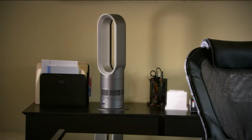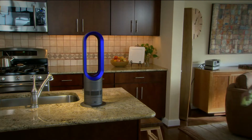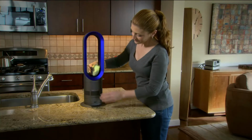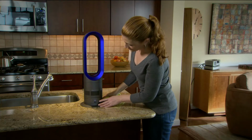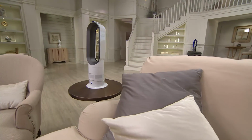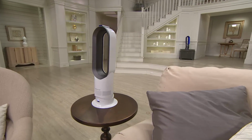And she has one of these in her log cabin, and she said that that was plenty enough for her. She didn't even turn the heat on. Wow. Now, that's what we're talking about. I cannot promise you, of course, that you're never going to turn your heat on if you get one of these, but isn't it nice to know the type of stories that are coming in where people are able to turn down the thermostat for their whole homes,